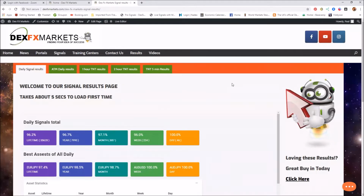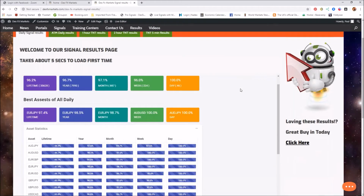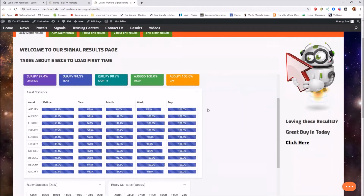Okay, signal results. Let's start with the dailies. Last 24 hours, every signal is fired off at 100%. For the 7 days, the lowest asset statistic,